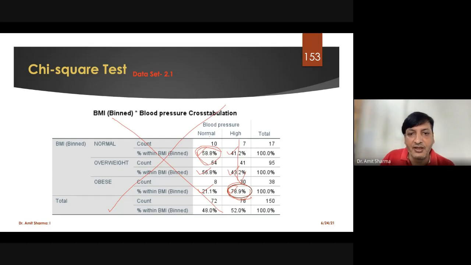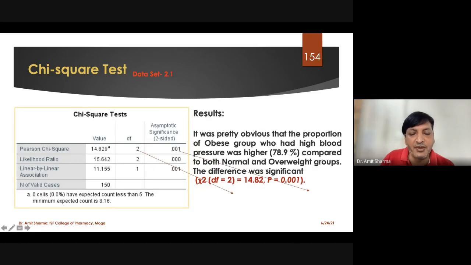If you're writing a thesis, then you can add this particular table in your thesis. But for a research paper, I will not recommend it. I will ask you to just write that a comparison of BMI was conducted with blood pressure by using the test called chi-square, and the result was found significant or not significant, and you can write the result in one paragraph. That's it. No need to go for multiple tables. And I'll see the queries if we have any in the chat box. Just wait.